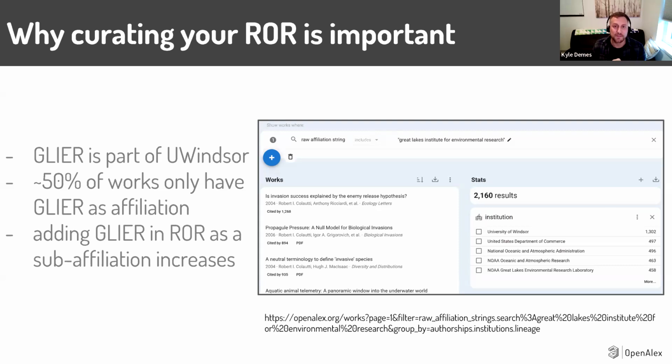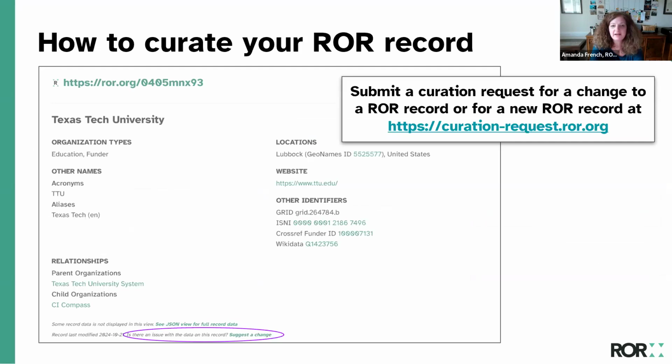Yes, absolutely. I just wanted to follow up with a couple of things. First of all, if you are interested in these strategies for matching messy text strings to ROR IDs, we have a blog series about that. We have ROR staff who are very well versed in that, who are collaborating with OpenAlex and with other experts in this machine learning technique of matching text strings to ROR IDs. So just go to ror.org/blog to see the latest in that series about matching if you are interested.